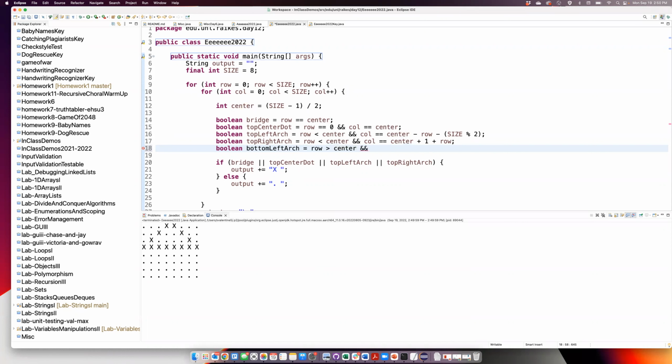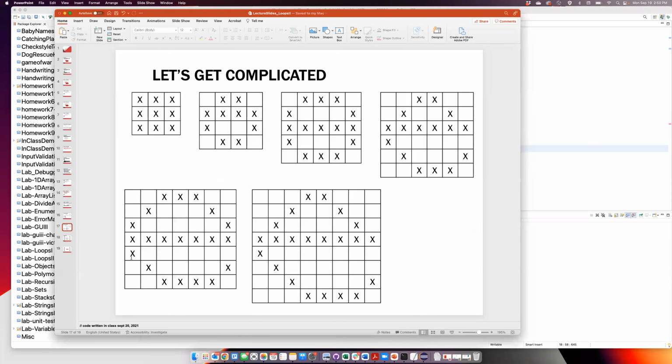And how will we calculate the column? Well, we know that regardless of the size, let's look at it again. Regardless of the size, it's always going to start in, we have the center here. It's always going to start in center minus 1 in that first column. So let's do